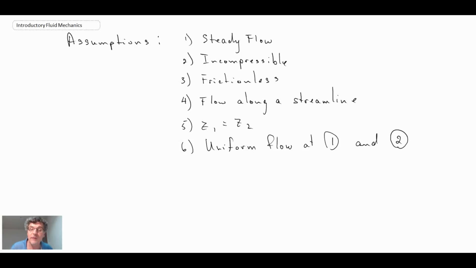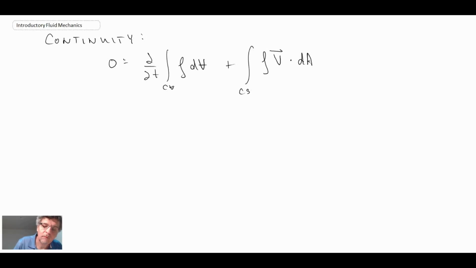So what we're going to do is begin with the continuity equation. And we have a steady flow, and consequently the first term disappears. And then we're left with the mass flux terms. We have to be careful about the inlet and exit. So on the inlet side,